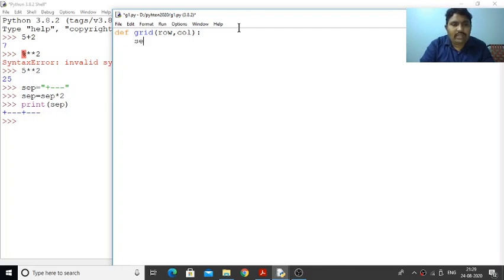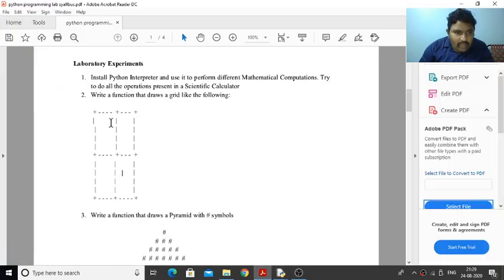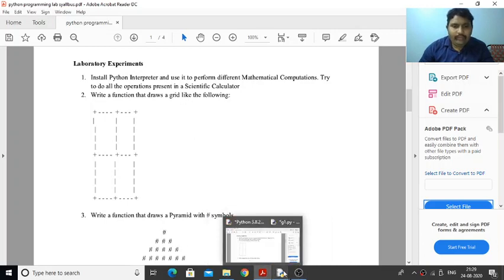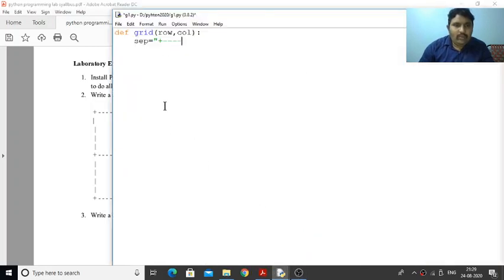Now first of all our separator is equal to plus minus minus. See how many minuses are required: 4 minuses. Here a minus was missed, so we require 4 minuses. It has to be repeated for how many times? It has to repeat 2 times.